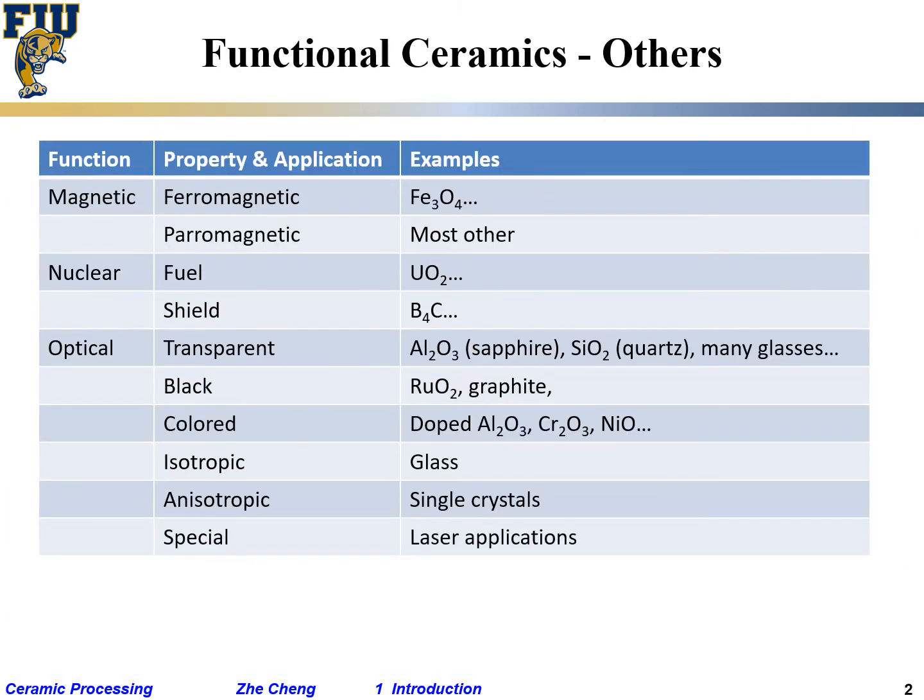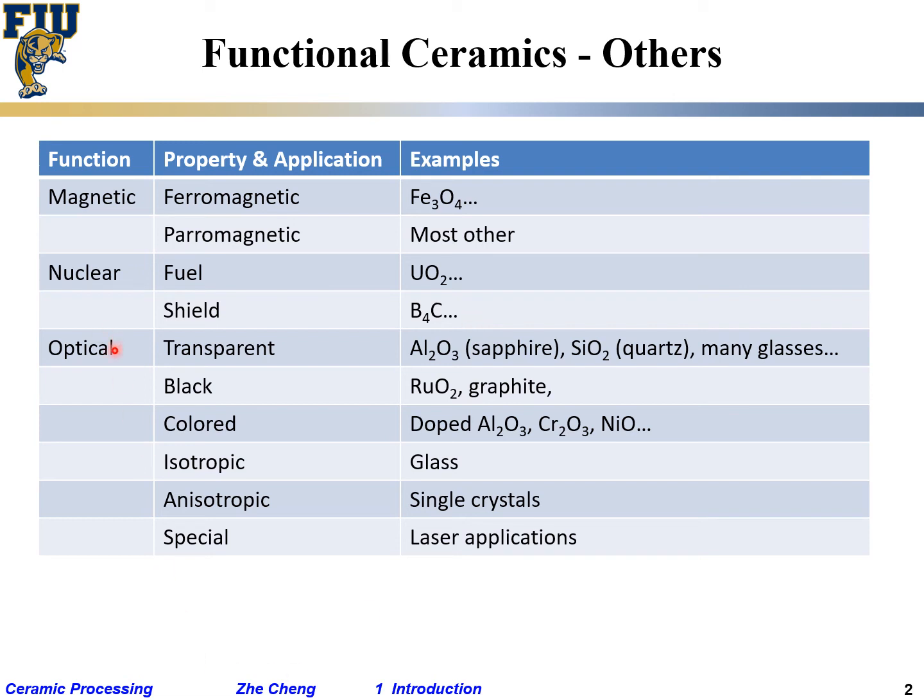So let's continue a little bit. The other property, we don't have too much time to talk about them, and also these are highly specialized. But let's just quickly glance through. Some ceramics have special magnetic properties, so-called ferromagnetic. You use an electrical motor, you need a strong magnet in it. Could be some type of ceramics. Some of them pyromagnetic. That's for most material. Okay. And then for nuclear application, some ceramics like uranium-based oxide are used for nuclear fuel. Some people use to absorb neutron,